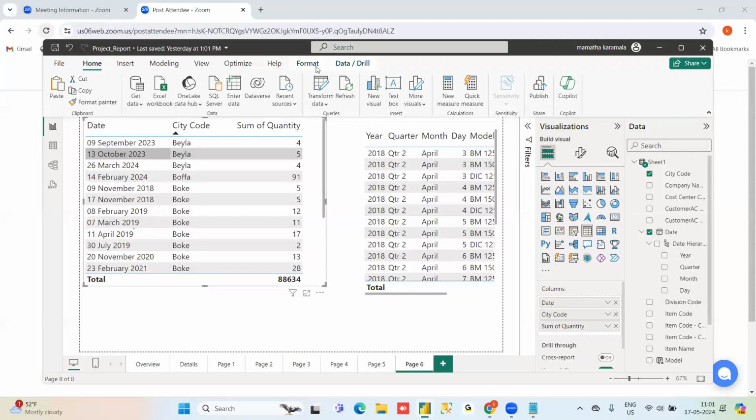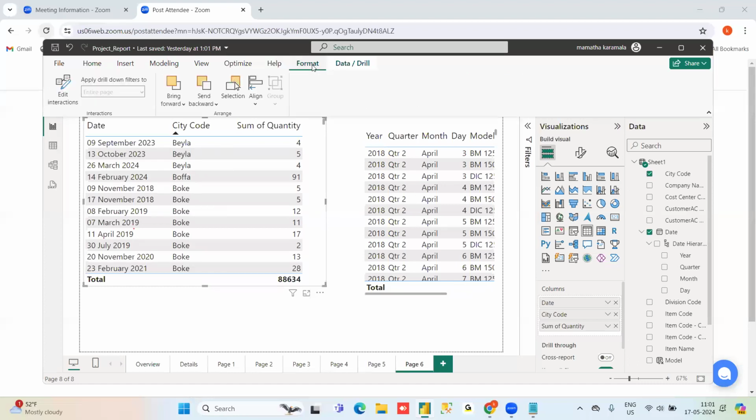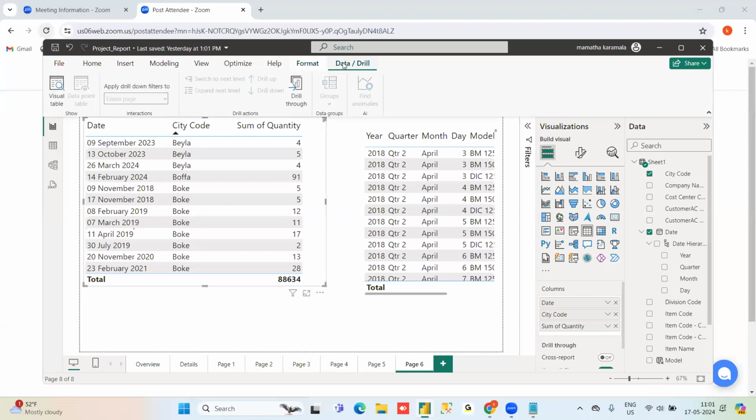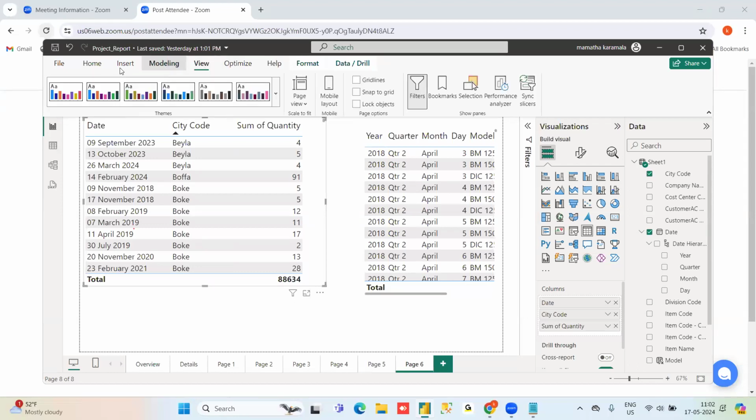I have selected this visual, go to format, not formatting. It is not formatting. I'm sorry. These all are the things we need to tell actually.